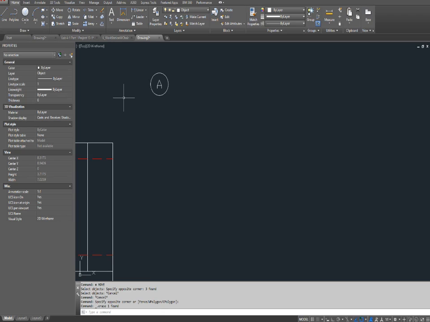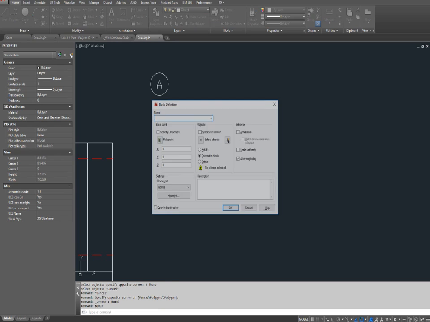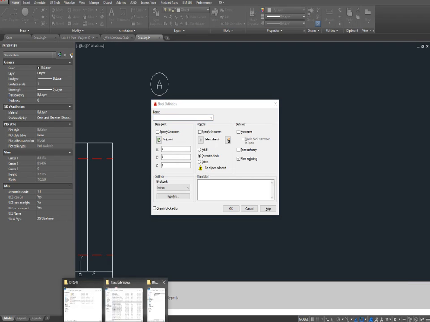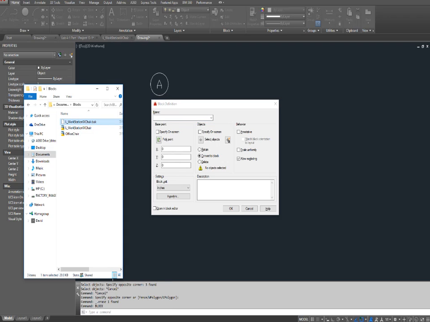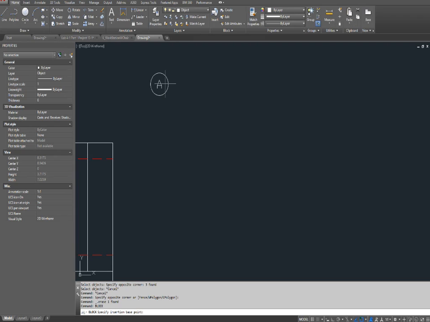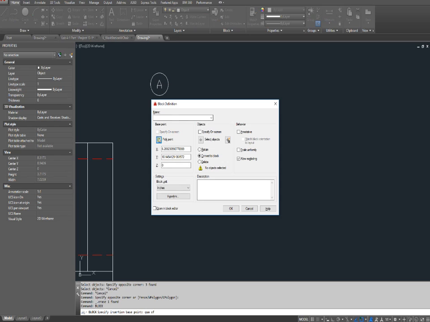You can use a command called block. Now this is a little different than the W block. So if I use the block, you see I have a block definition window. This is not a write block, meaning I'm not going to write it to my file. So if I come back to this, it's never going to show up here. Okay, so my base point, I'm going to pick my base point, and I'm just going to say I want it to be on the quadrant here, right there. All right, select my objects,